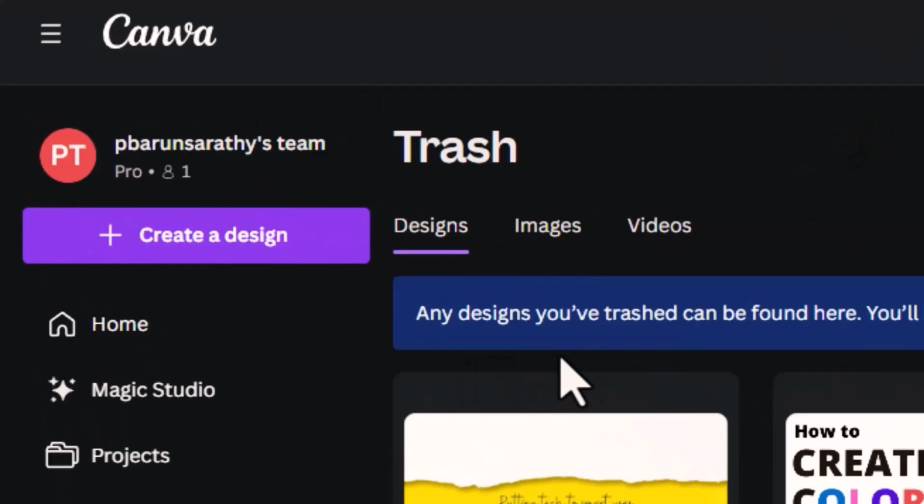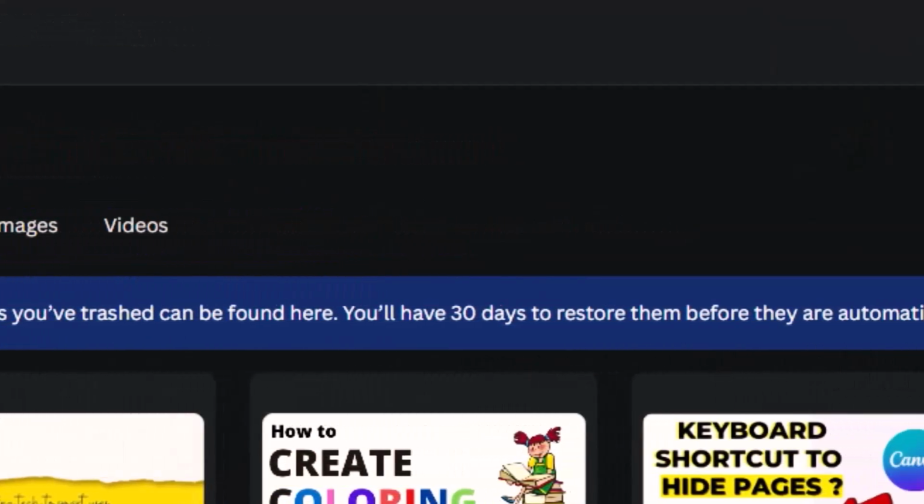In case you need it again, you will have 30 days to get it back. If you never got back to it in those 30 days, it was never meant to be. Or if you got to it on the 31st day, it's okay, you can curse yourself. Just kidding. If you think such an event might occur, then please download that design to your local hard disk now and save it in one of your Google or Microsoft or Dropbox cloud accounts.